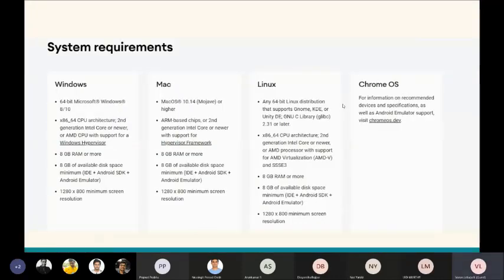So in order to use this Android Studio on your system, these are the system requirements that you require. So for Windows, you require a 64-bit operating system, Windows 8 or 10, and you require a minimum RAM of 8 GB. Even my laptop has 8 GB of RAM. So it's better to have 12 GB or more, because your system may hang if you use 8 GB RAM, because if you run some emulator kind of thing, it will be very hard to work with it. So for Mac, these are the system requirements. You can just check this out in the PPT.